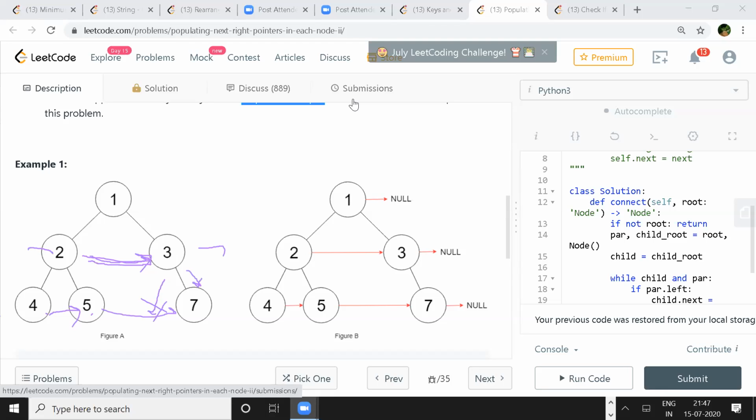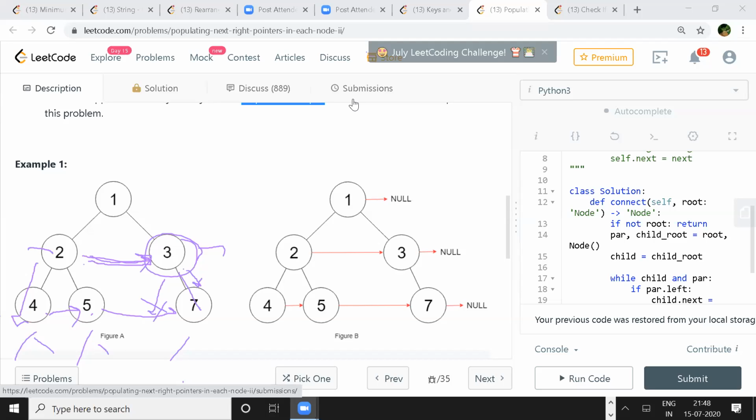And then when you are done with this 2, you go to 4 in the recursion, and it will be a base condition. It will be null because its leaves are null, so it will come out. Same thing for 5 also. Then you come back to 2, and then you go for 3's because you are going to right of 1, right? So you go for this 3, and then you come to 7, then it is null here, and then you exit the loop.